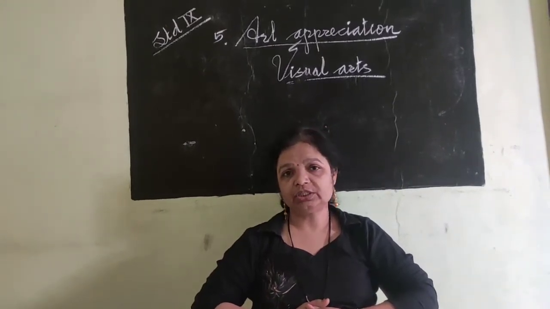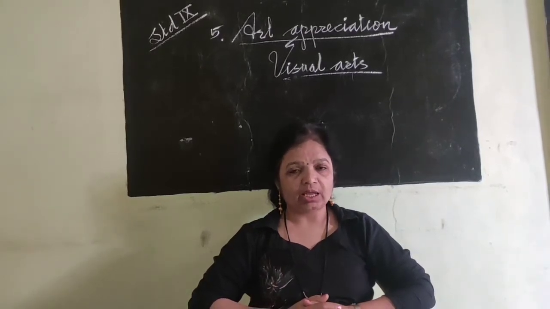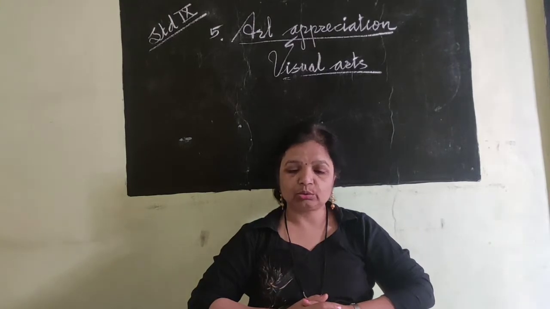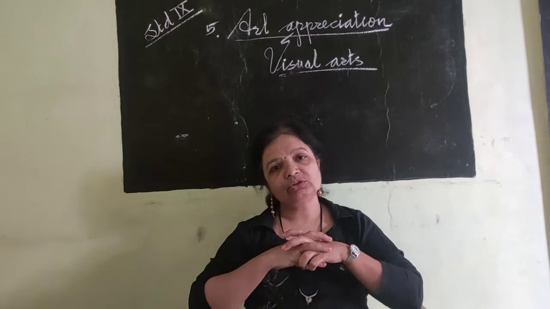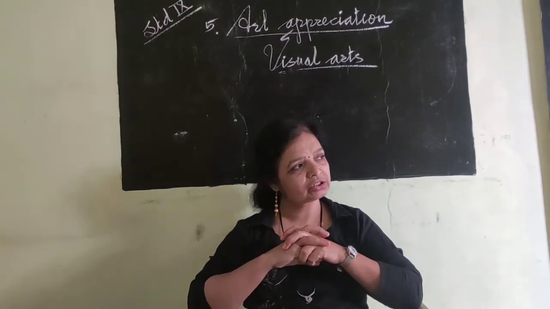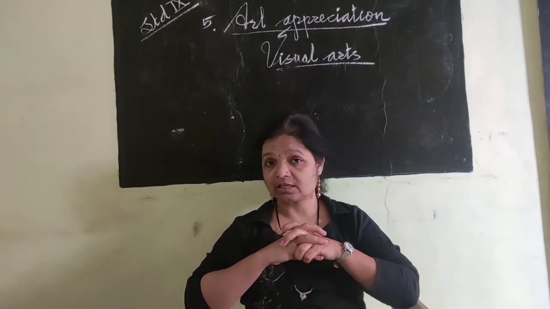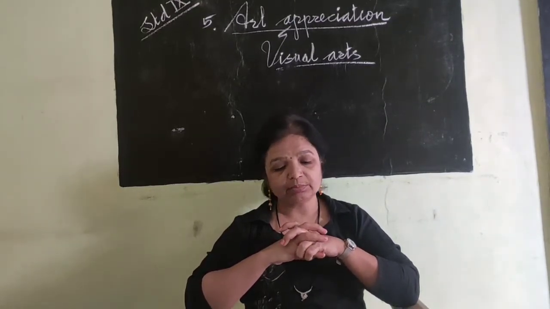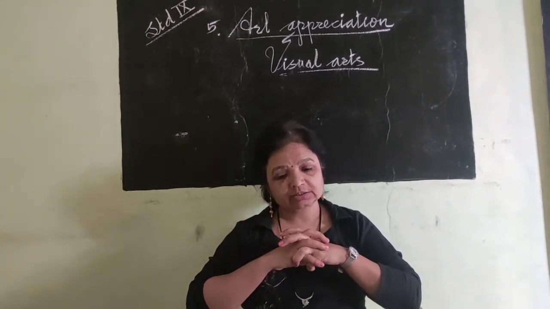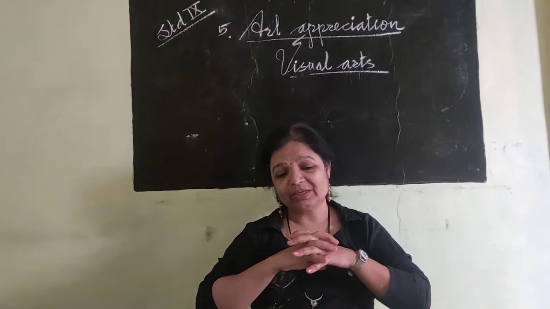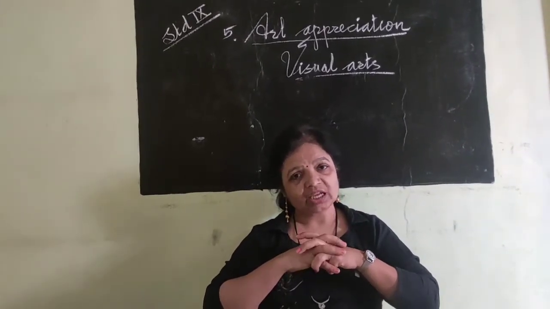Today we are continuing the previous unit, appreciation of art, visual art. Today we are going to learn more about visual art, its elements, and related Western and Indian famous artists. Let's see page number 47. Five elements of visual art. These are all basic elements: line, shape, form, shades, and textures.